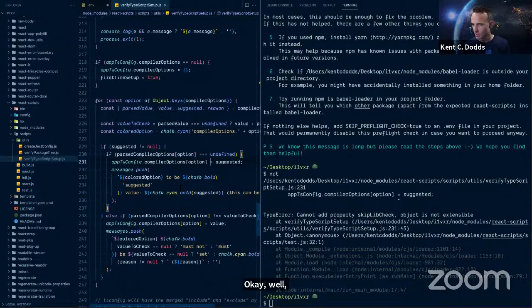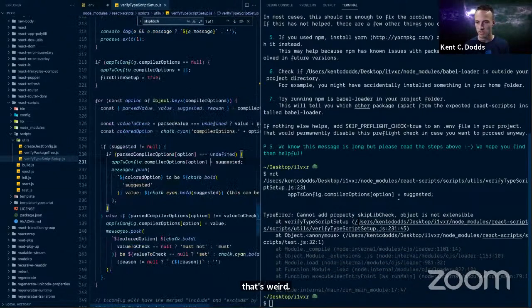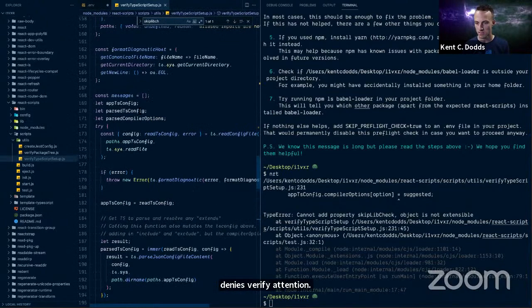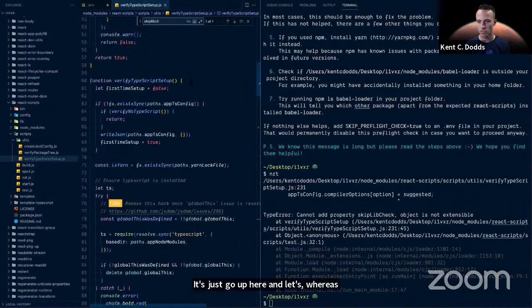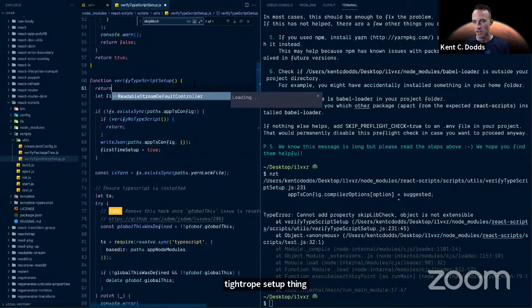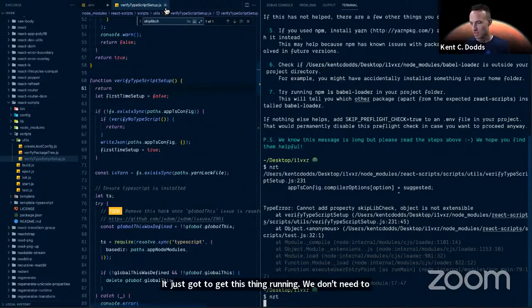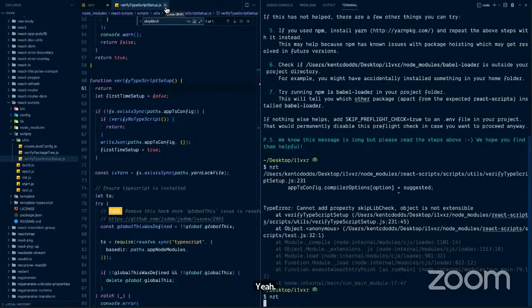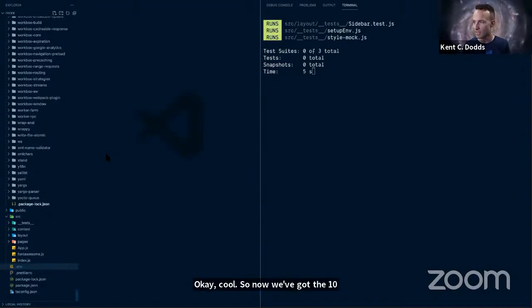Huh, that's weird. Object not as verified text. Let's just go up here and where's the verified TypeScript setup thing? No, we'll just return. We just got to get this thing running. We don't need a verified TypeScript setup. Yeah. There is none anyways. Yeah, exactly. Okay, cool. So now we've got the test running and